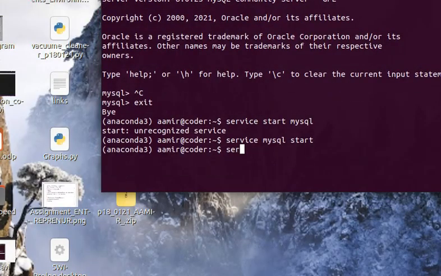For example, if I stop this service with service mysql stop, it will stop running.